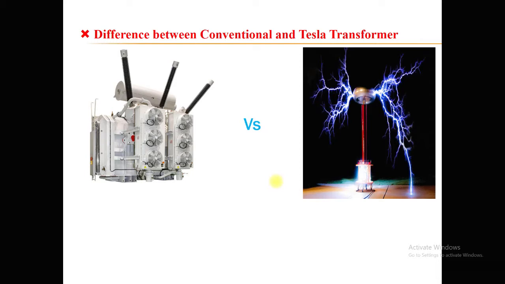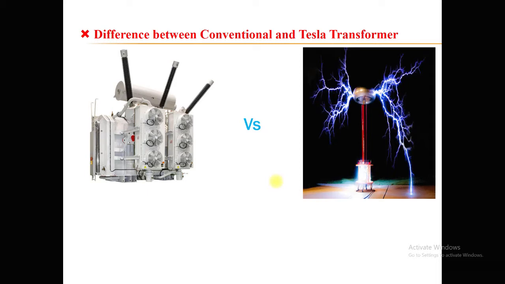Okay, so in the case of ordinary transformers, normally you find two coils: the primary winding and the secondary winding. Similarly, in the case of Tesla coils, again you have one primary winding and one secondary winding. But in Tesla transformers, the primary winding has usually up to 5 turns, and they are made of a